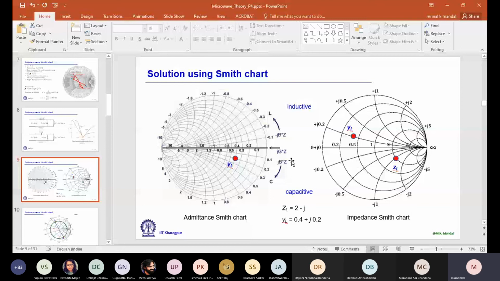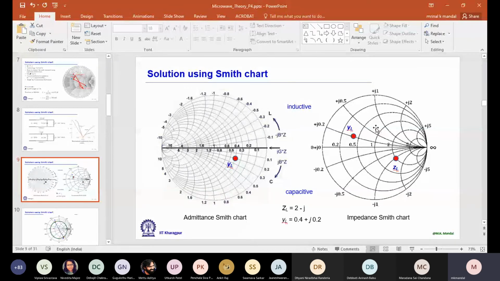So that's why in this Smith chart we transform ZL to YL by drawing a circle, that gamma circle, and then we connect by a diameter which is passing through the center point of the Smith chart, and where it crosses the other side of that circle, that provides the YL.